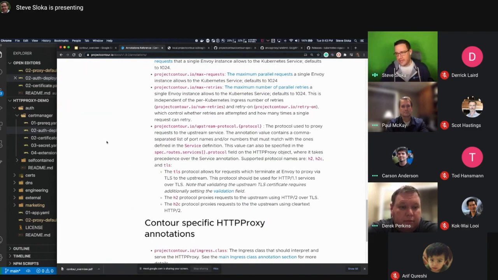gRPC's weird number of clouds. Yeah. So we've had some conversations in our group here about